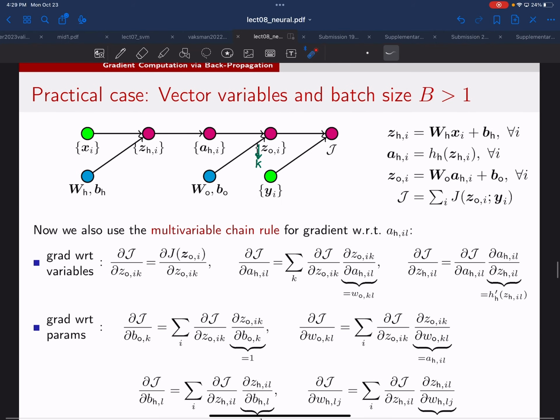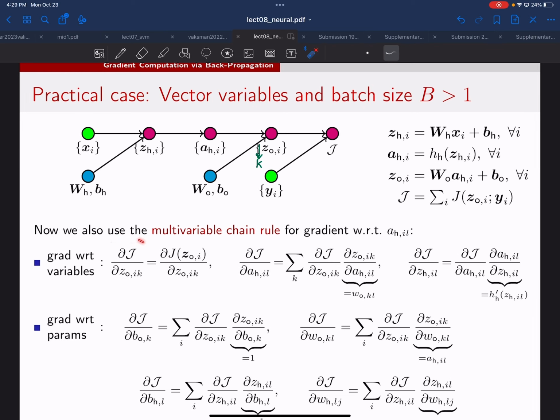Okay, so keeping the calculus only scalar, because I think scalar calculus is a lot easier than vector calculus, at least until you're an expert. So here we're looking at something like dJ/dZO, but we're looking specifically at the ith batch element and the kth entry in this vector. So for that,